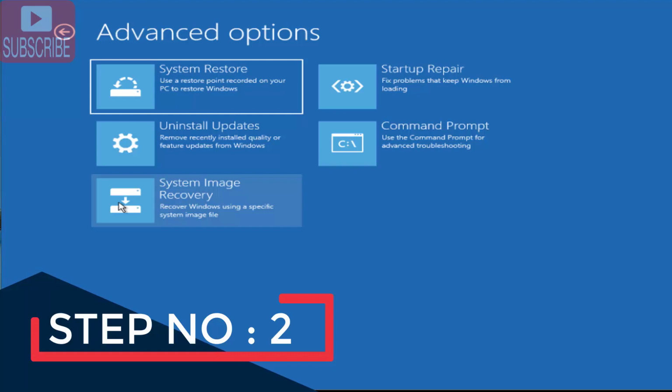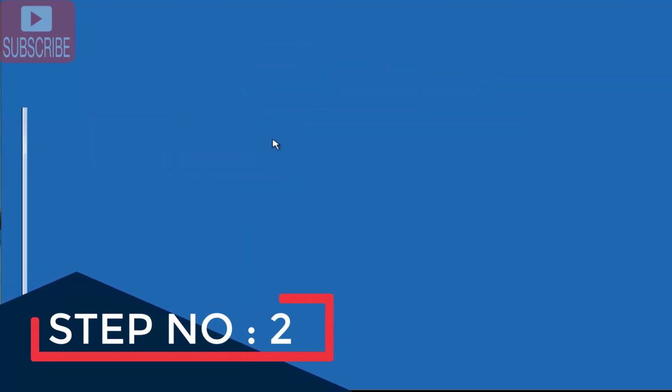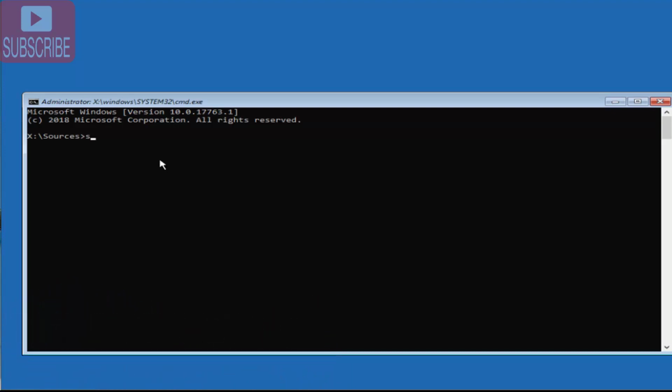In the third step, again click on the advanced option and click on the command prompt. Here you need to type sfc. You need to here type a command chkdsk